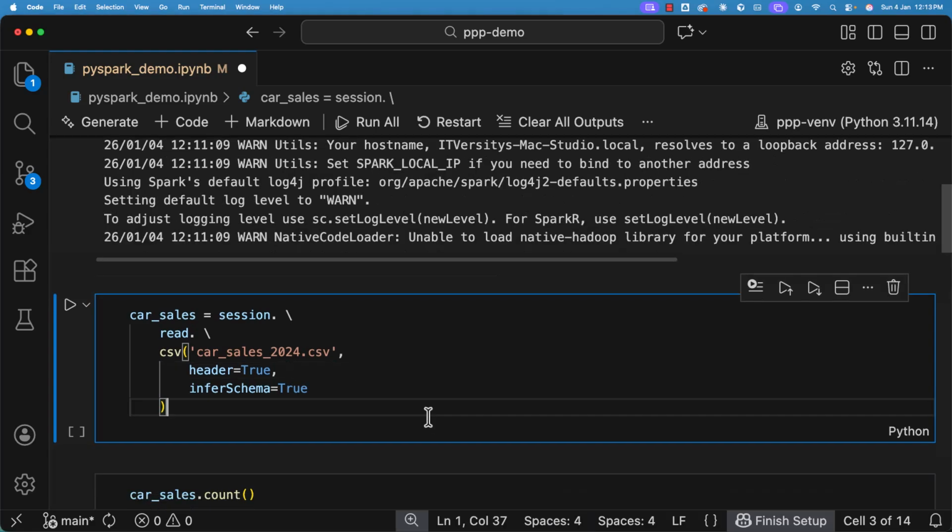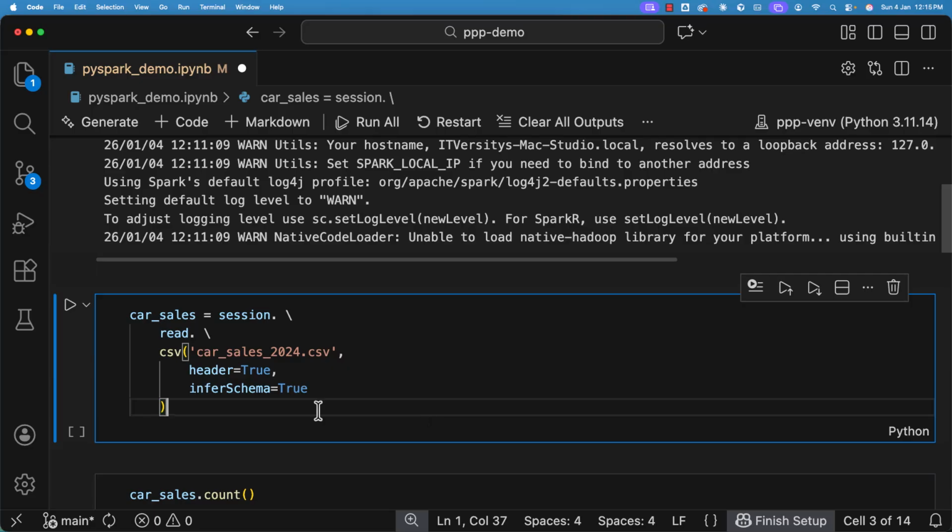Now, when I say infer schema, you might have a question about what it actually means. A data frame contains multiple columns. Some of the columns might have numeric values such as integer, float, etc. Some of the columns might be string. Now, when I say infer schema is the default, pandas and polars will actually infer integer or float columns as integer or float. When it comes to our car sales data, we have something called sale price. It has float numbers. Hence, the data type will be float if it is pandas or polars because infer schema